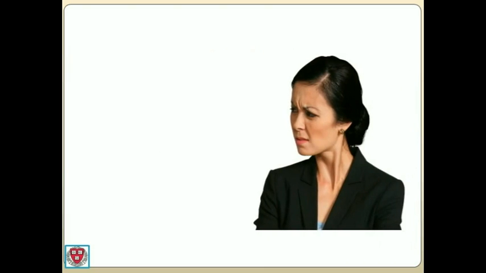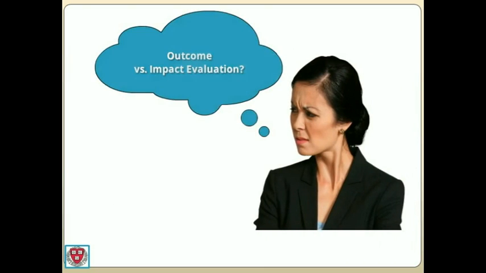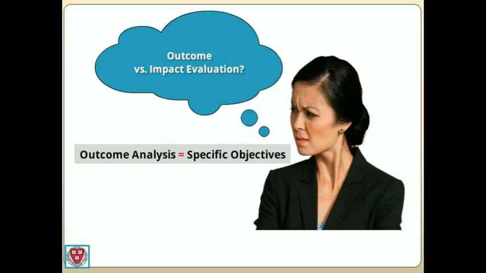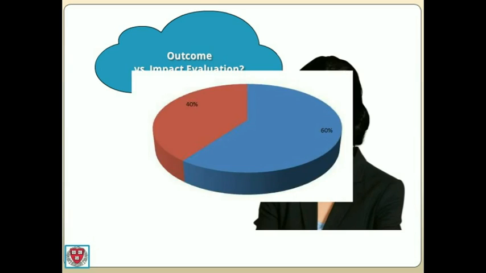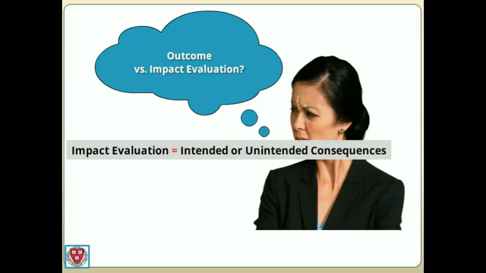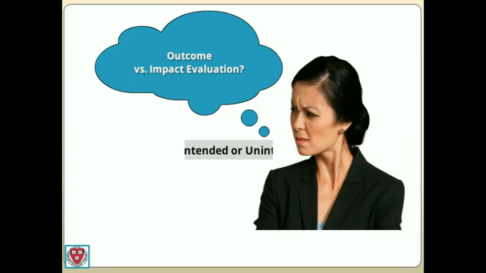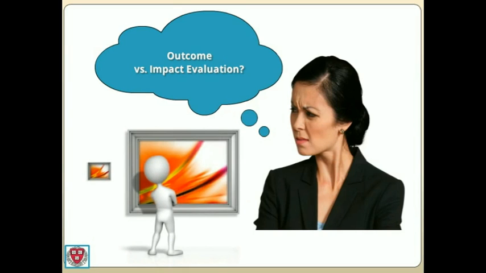This can start to be confusing. What's the difference between outcome and impact evaluation if they both examine the effects of the program or intervention? Outcome analysis requires specific objectives to be set at the beginning of the program or intervention. One example objective might be an intended vaccination coverage of 60% in a specific population. Impact evaluation, on the other hand, may focus on both intended and unintended consequences, giving a broader analysis of the